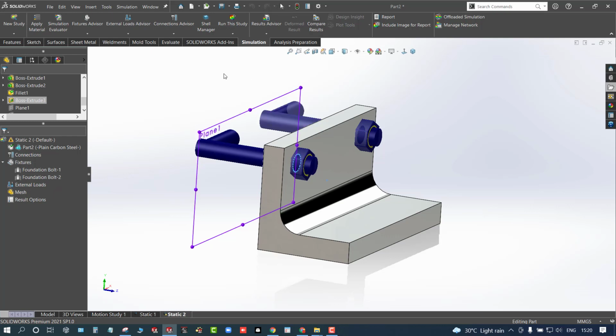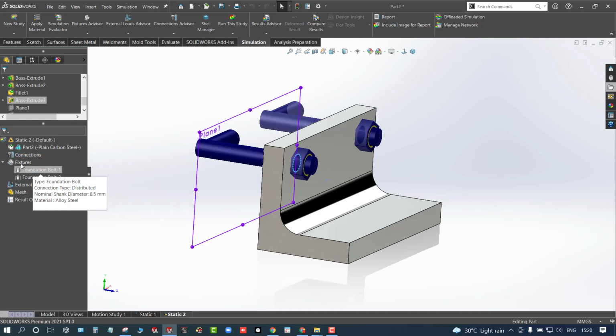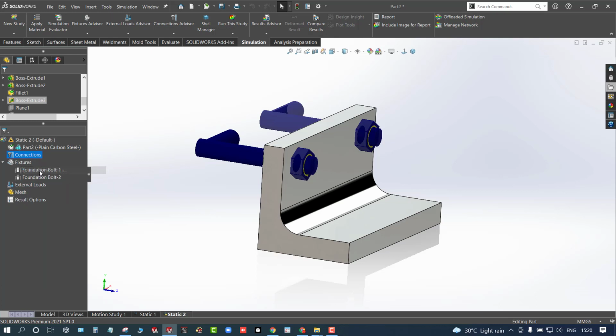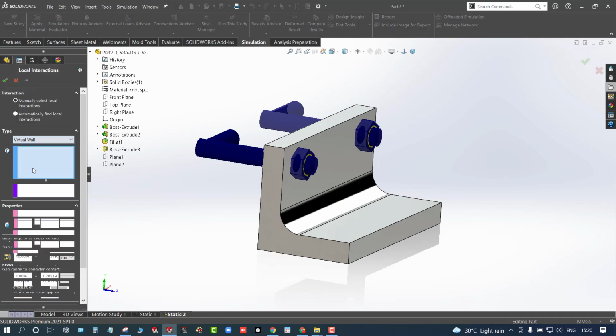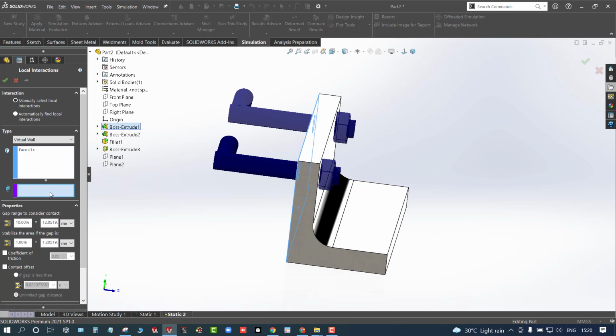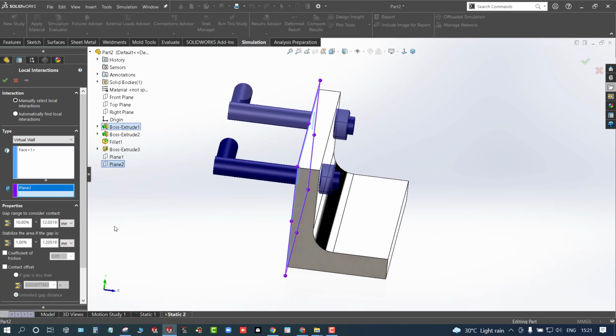If you're utilizing the foundation bolts, you need to remember we should define the connection of virtual wall, otherwise it won't run. Okay, I'll define this face for reference, and here you should remember that the wall should not be 40 mm away. It will consider that wall into account and it will try to move inside it. So you can see the gap range should be 0. So I'll select this plane which has been created on that particular face only.